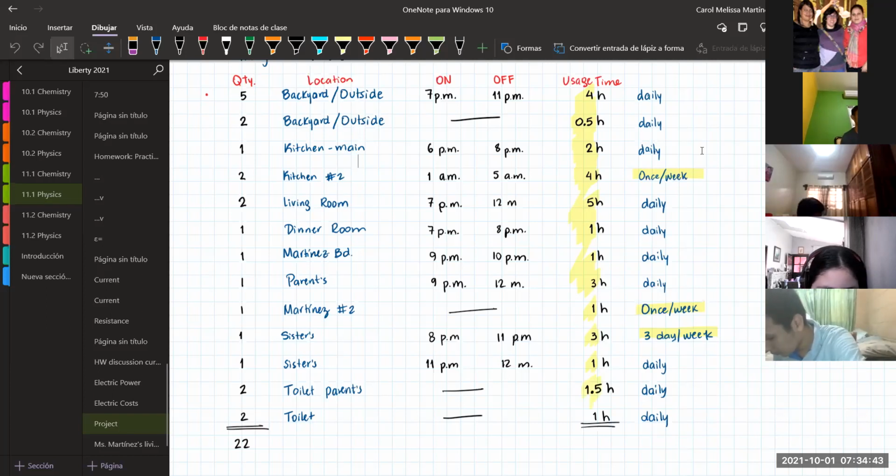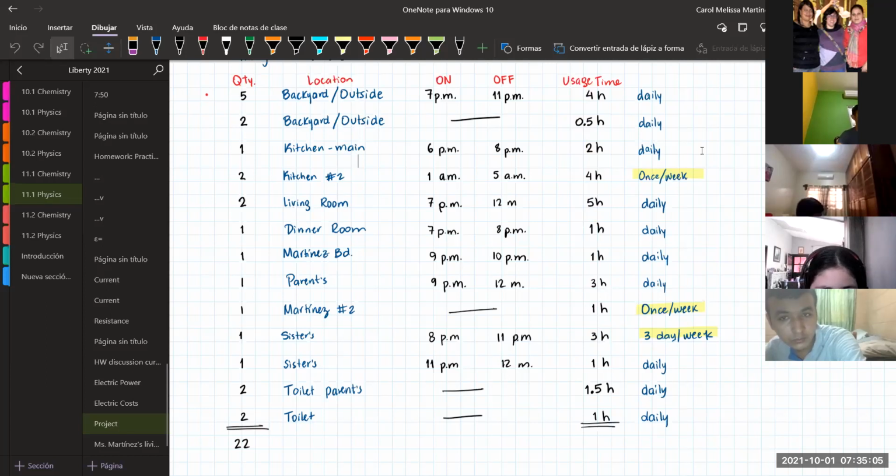Qué montón de horas. Podríamos ahorrar más. 28 hours. No, perdón, aquí voy a sumar, aquí es donde tengo que hacer la separación, and that's why tengo que sumar